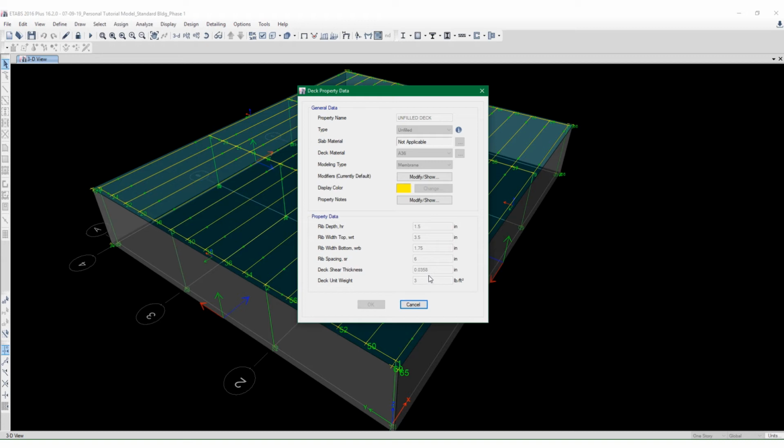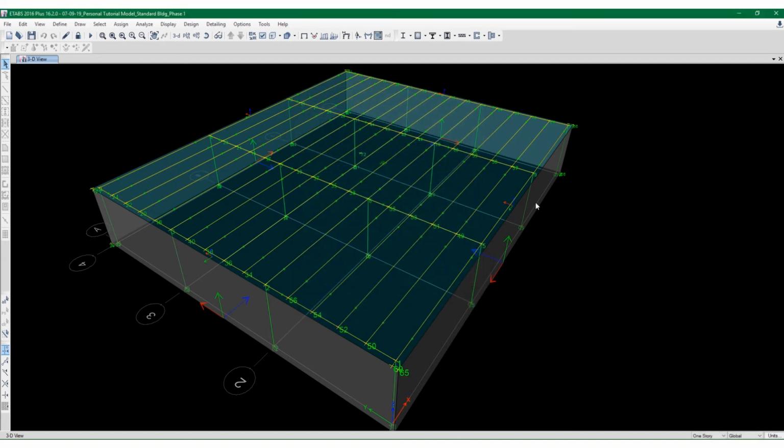But our design shear thickness here is only 0.0358, which is related to a 20 gauge metal deck. So on self weight alone it was deflecting, and definitely with self weight plus the additional superimposed dead loads and live loads, we had even greater deflections. So the way that I fixed that issue was to realize, of course, that